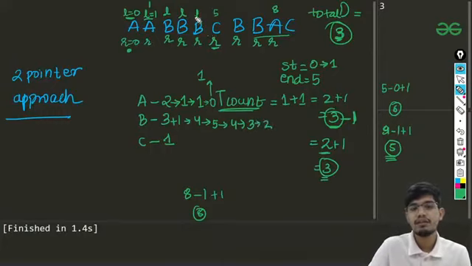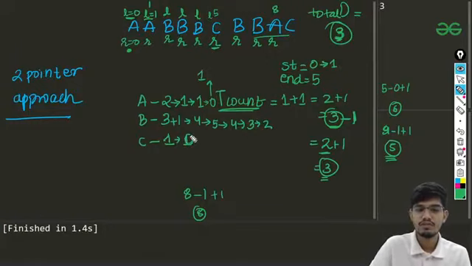Then if I do this again and come here, this C will be decreased by 1. It is already 1, now it becomes 0. So in that case this temporary count will become 2 here. So when it becomes 2, in this case we already have the C present, right? So I'll not be decrementing that.